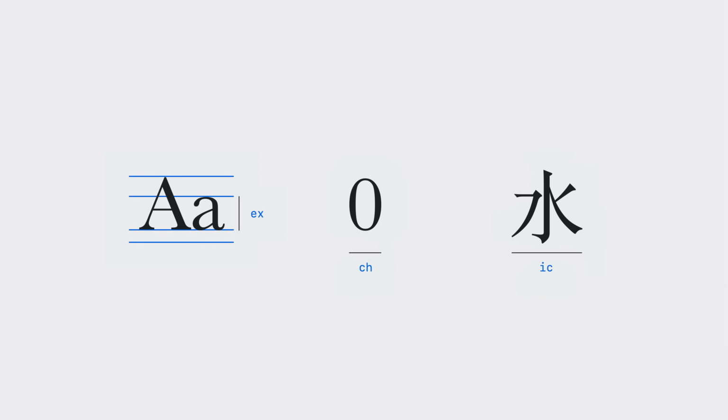And 1IC is the inline size of an ideographic character in CJK scripts. Inline size being width in a horizontal writing mode or height in a vertical writing mode. These units have been supported in browsers for a while.